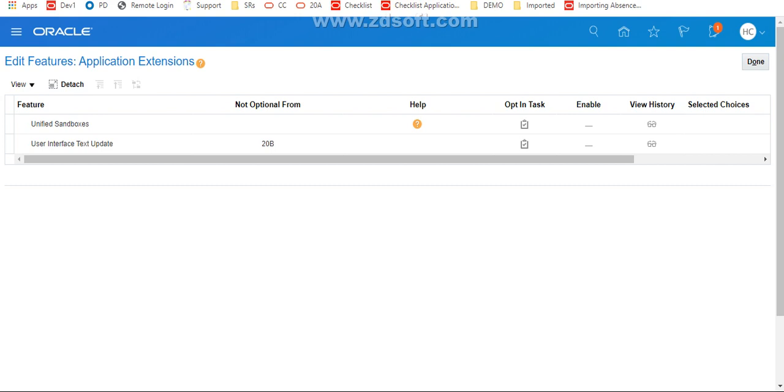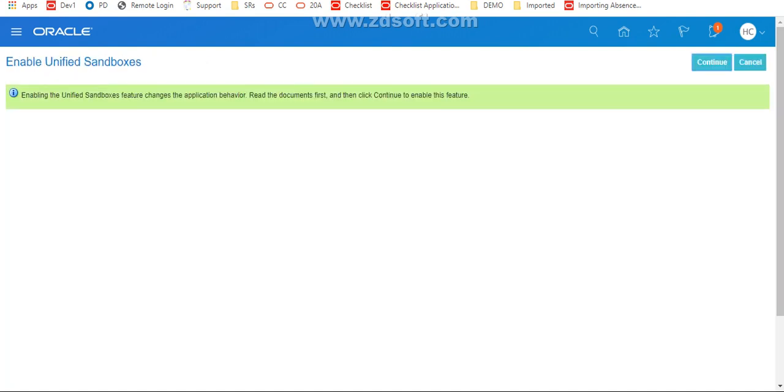So once you come to this page, if you look at here, opt-in task, just click on unified. This is called unified sandbox. In order to enable unified sandbox, you have to click on opt-in task. Click on opt-in task,